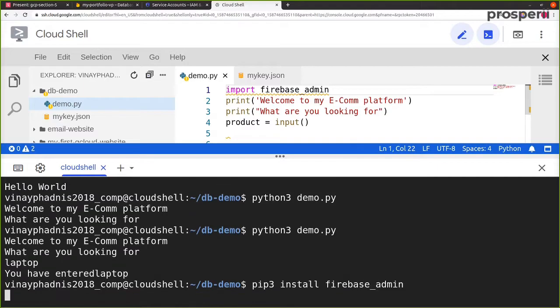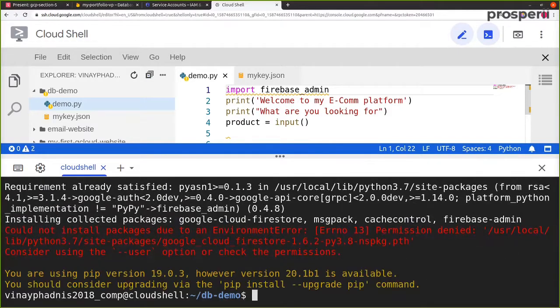firebase_admin. This will install Firebase admin, but now we have an error which says could not install packages due to an environment error. Essentially this means that in order to install these packages, we need to type in sudo. Sudo stands for super user do.